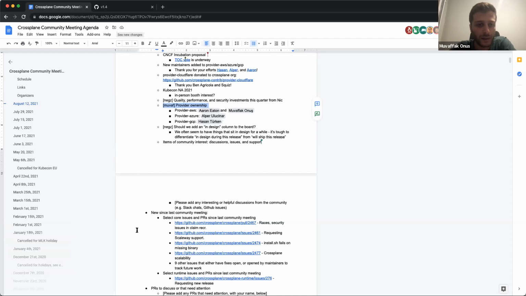These are the initial assignments. AWS has two, me and Aaron, because it's got the most activity among the providers. Azure has Alper and GCP has Hassan.